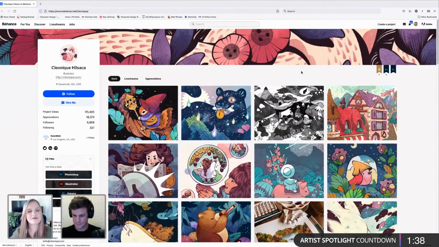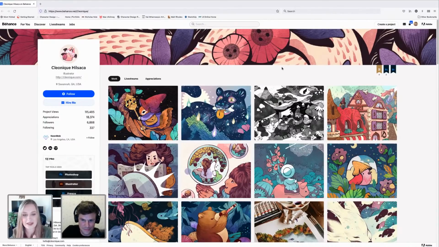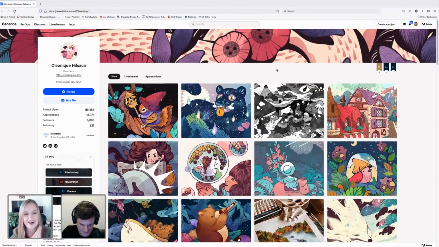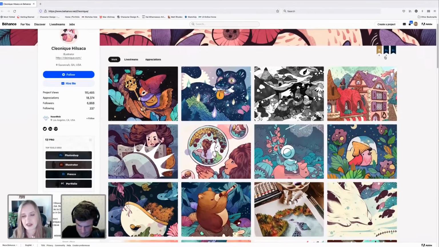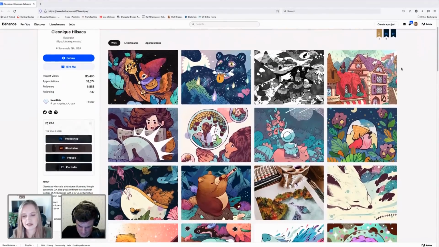Okay. All right, so our artist that we are spotlighting today is, I don't know how to pronounce this name, but I'm going to try Clinique Hilsaka, possibly. I'm so sorry if I mispronounced it, but I did my best, I promise. Their work is so lovely. I was looking at their portfolio earlier.